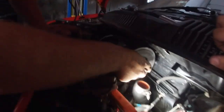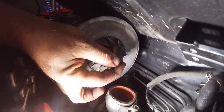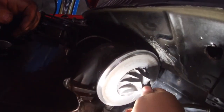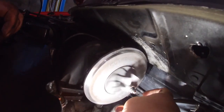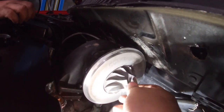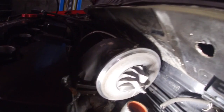Let's show you the Chinese spoolie mod with some shaft play. Yeah, it's a little more than what's allowed in tolerance. Mind you, this is probably old anyways. Look at it. That is crazy. But the fins are all... They're not chewed because it wasn't out enough that it was fouling on the compressor housing. Because it wasn't that far gone, but...